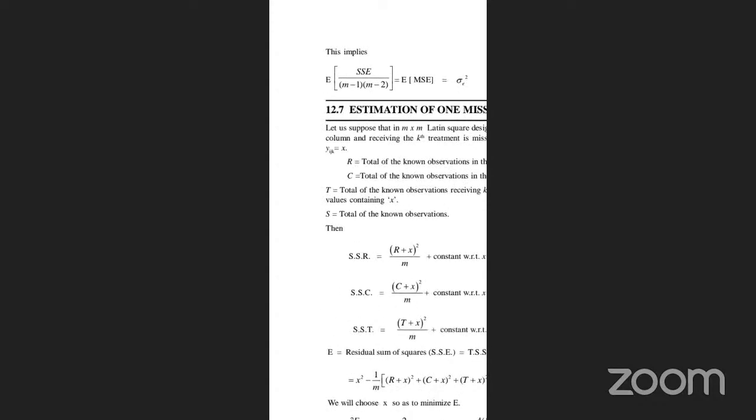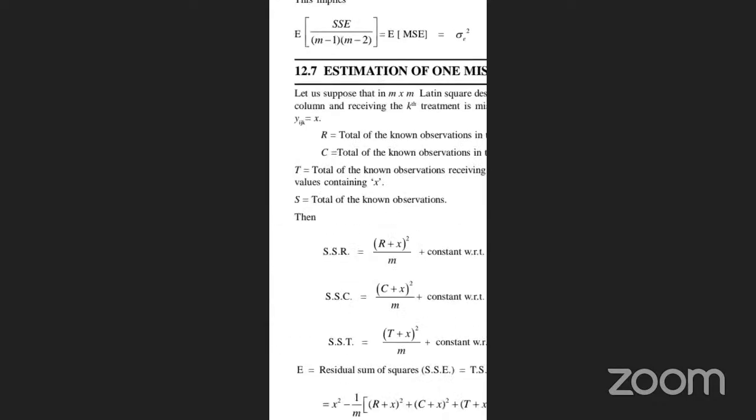SSC by M minus 1 and M minus 2 is MSC, sigma E square. Estimation of, are all of you ready? Yes, sir. Okay. Estimation of one missing value in LSD we are taking here. Let us suppose that in an M cross M Latin square design, the observation occurring in the ith row, jth column and kth treatment is missing. Already I told that SSR is equal to